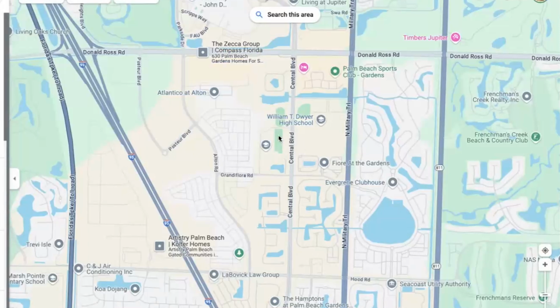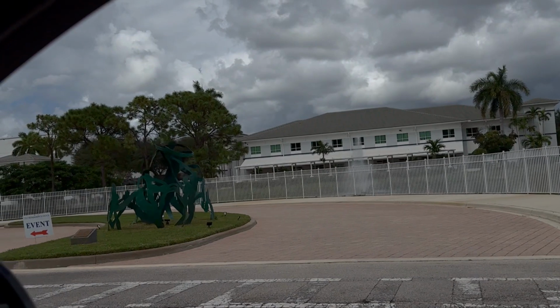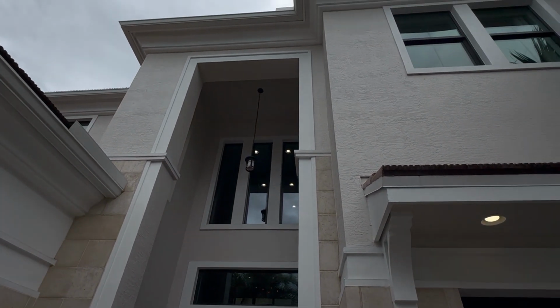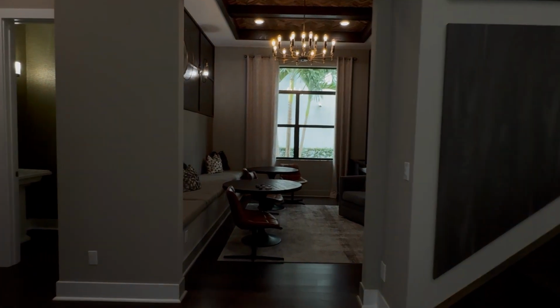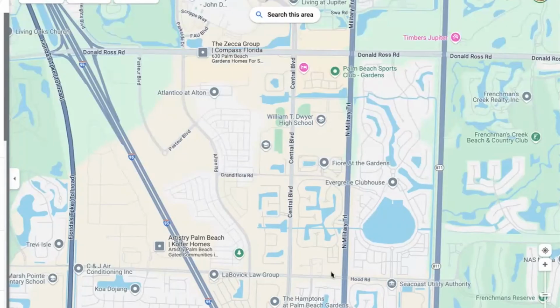And you can see here's Dwyer High School, which is an A-rated high school. And just adjacent to Alton here is the Benjamin School, has its upper school campus here right next to Alton. And then in here you have townhouses, single family homes, up to 5-bedroom, 5-bath houses with 2-car garages. It's very well done. So that's Alton. Price points there are pretty much $1 million to $2 million or more for a 5-bedroom, almost zero lot line